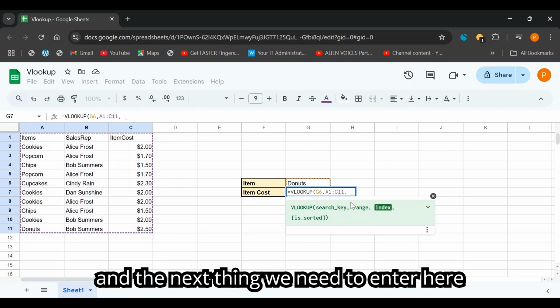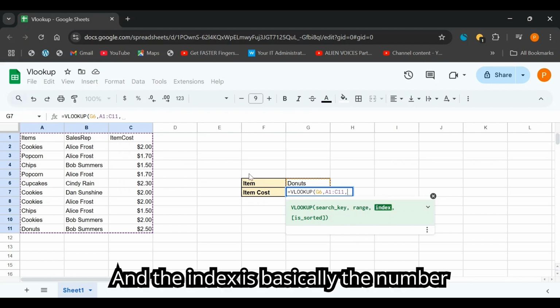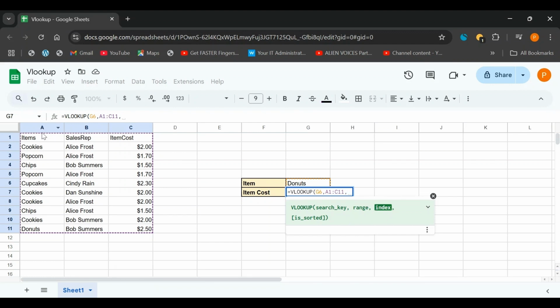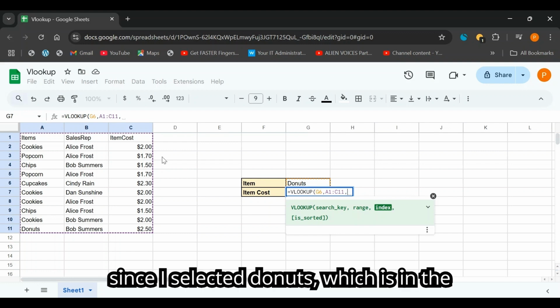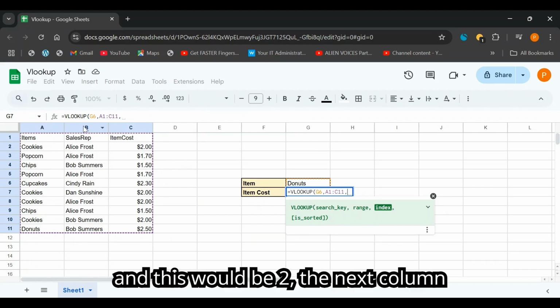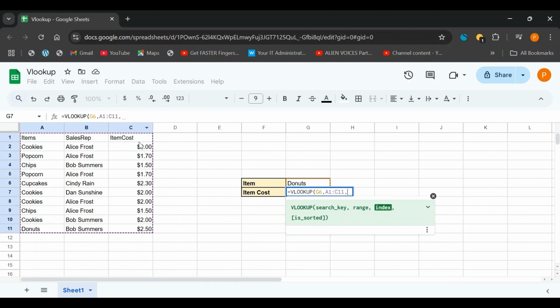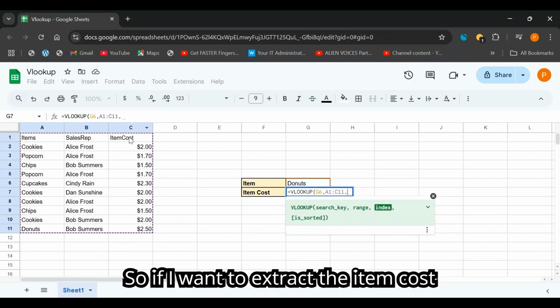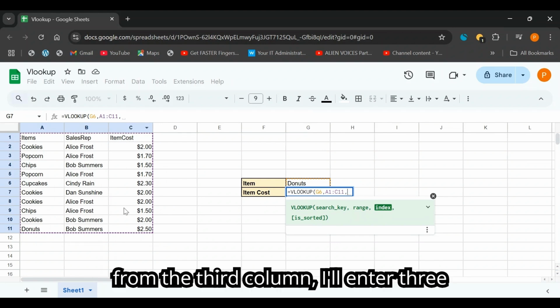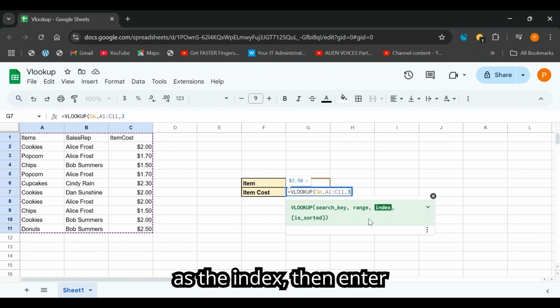And the next thing we need to enter here is the index. And the index is basically the number of the columns. So since I selected donuts, which is in the first column, that would be 1, and this would be 2, the next column would be 2, and the third one would be 3. So if I want to extract the item cost from the third column, I'll enter 3 as the index,